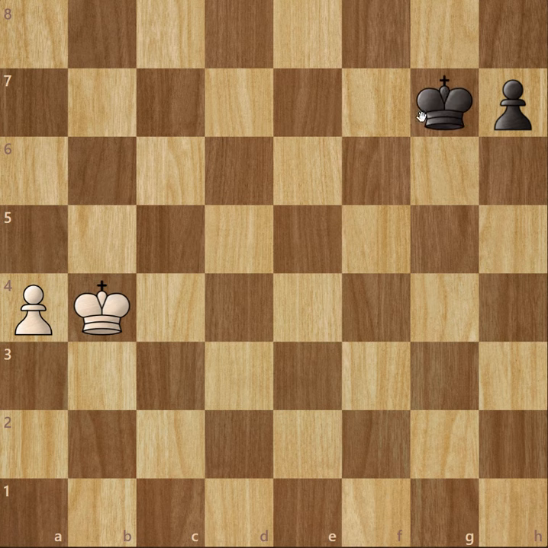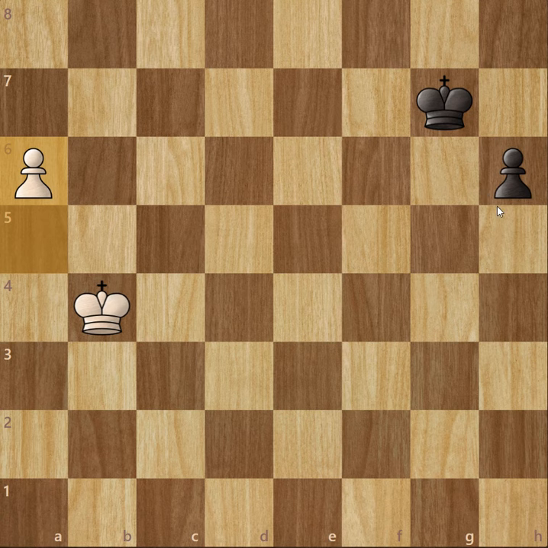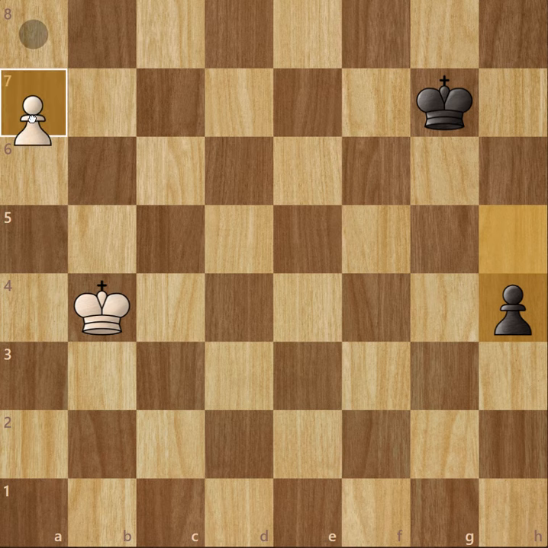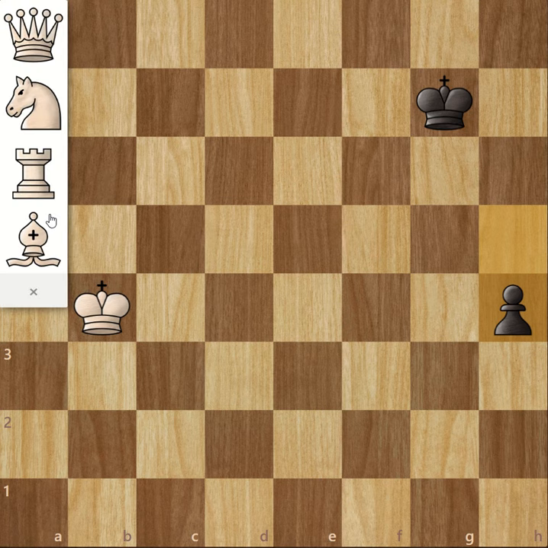So suppose this is a position. It's white's chance again this time. So white decides to just push his pawn. So now what happens is when you get to the last rank, for white it's the eighth rank and for black it's the first rank, you can choose your pawn to become any one of these pieces. It can be a bishop, a rook, a knight, or a queen.